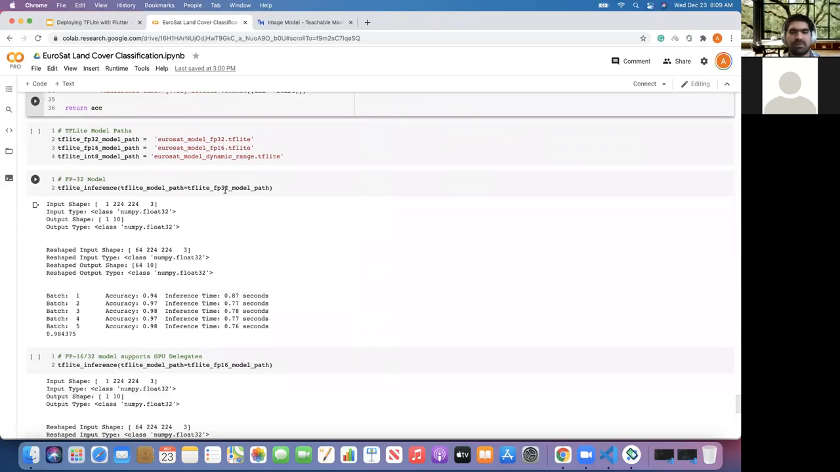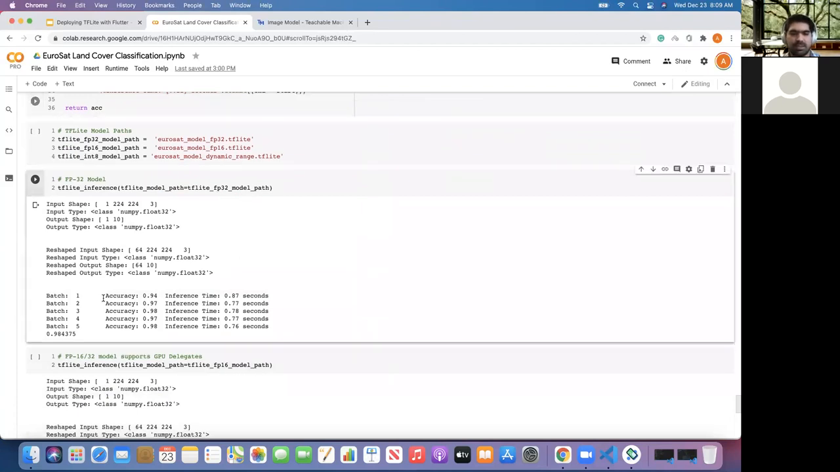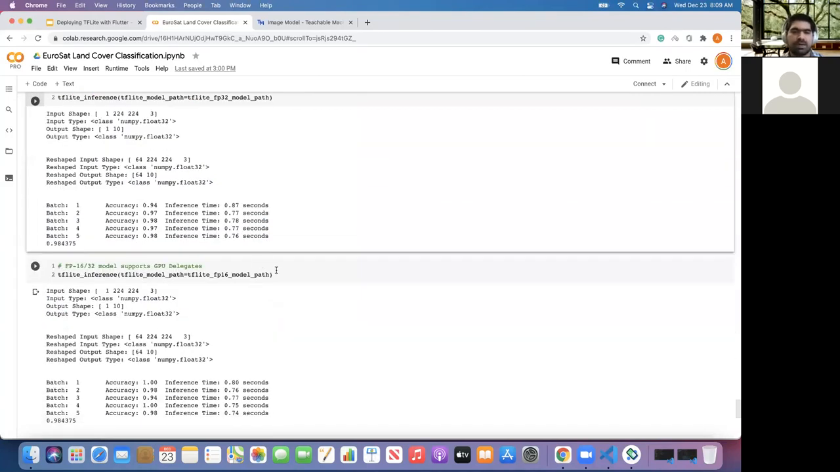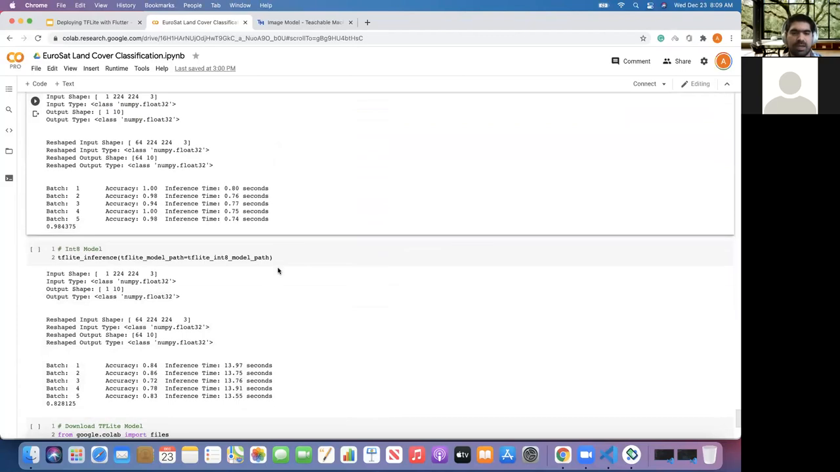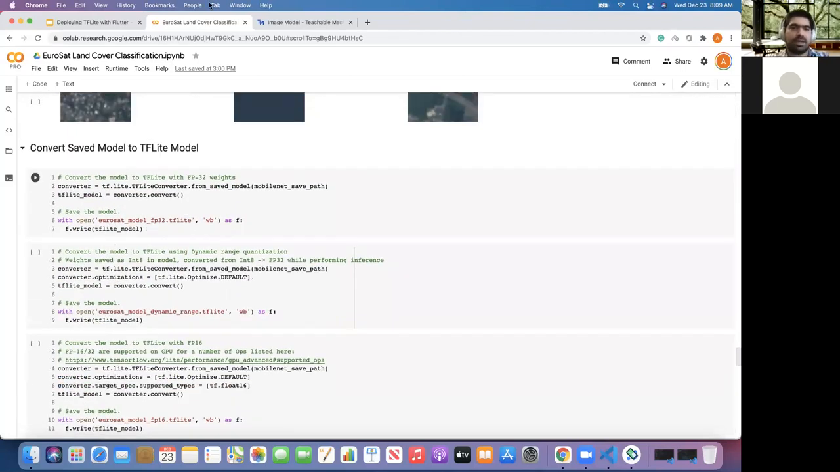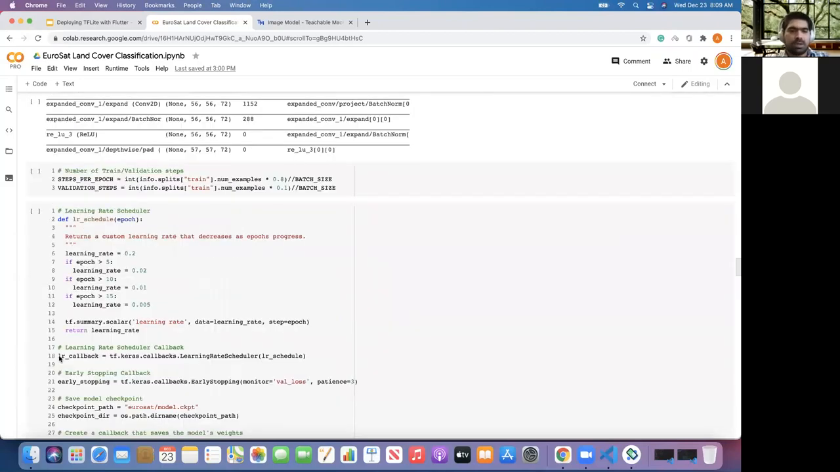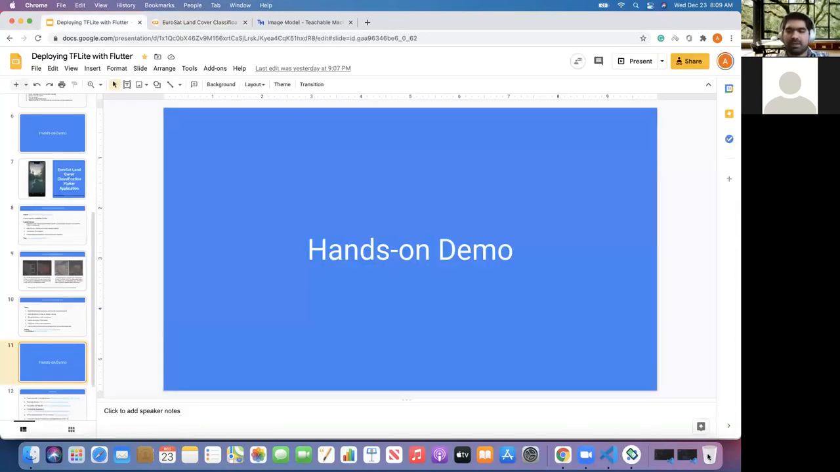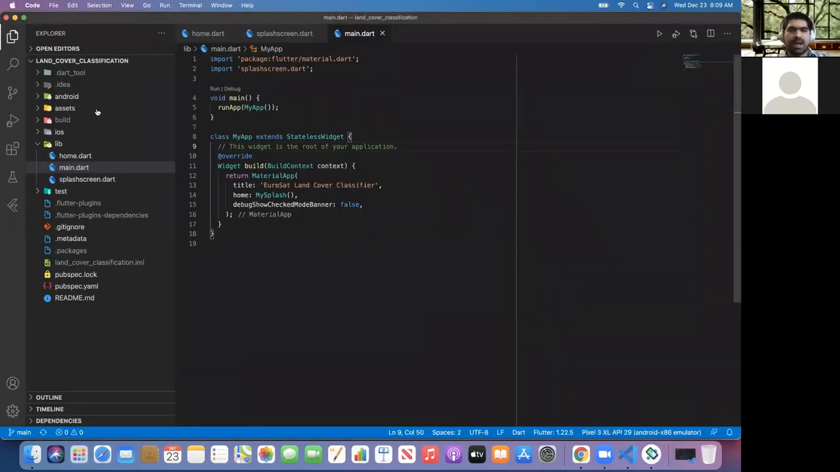Testing it for floating point 32, you can see the accuracy is pretty good. And the inference time is pretty small, like 0.87 seconds and things like that. So it's pretty good. Same for floating point 16 and int8. And then you can just save your model. And that's it. So now going towards creating the Flutter app for this, you will see the app actually looks